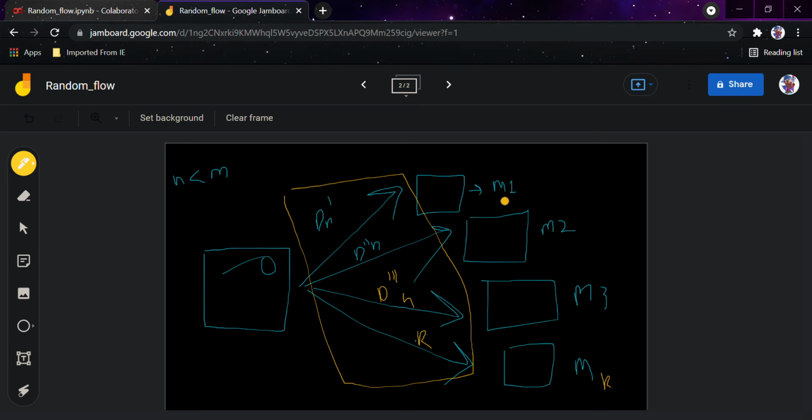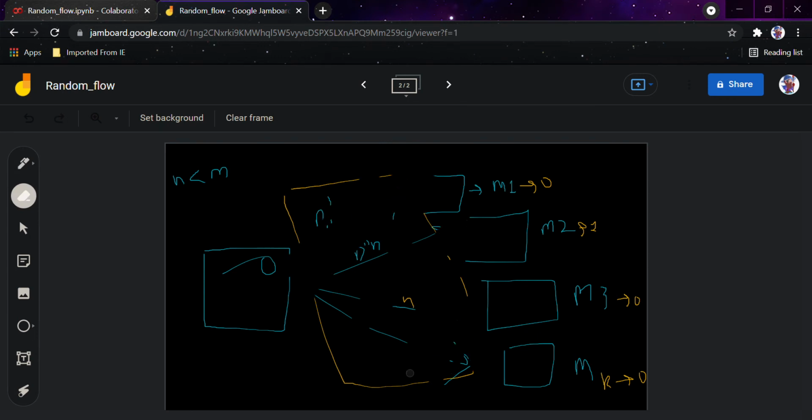Now once you have got your models, you would combine all the models into a single result. Suppose this was a binary classification. From model 1 you got the answer 0, from model 2 you got the answer 1, from model 3 you got the answer 0, and from model k also you got the answer 0. Now what after this? I would simply erase this part first to make things look quite clear.